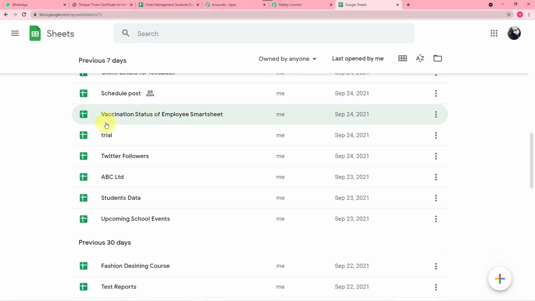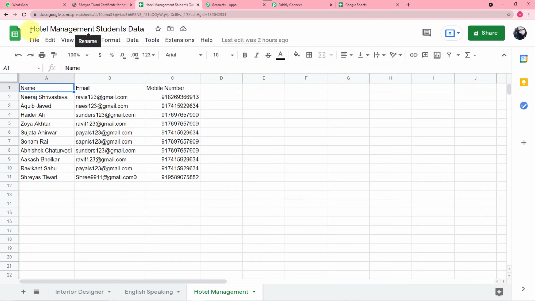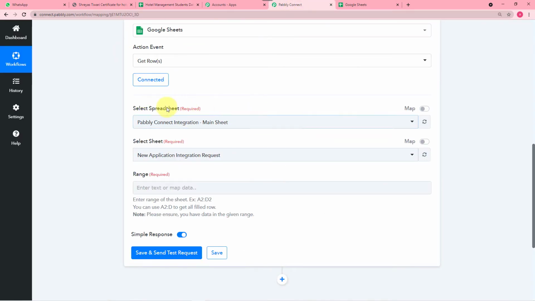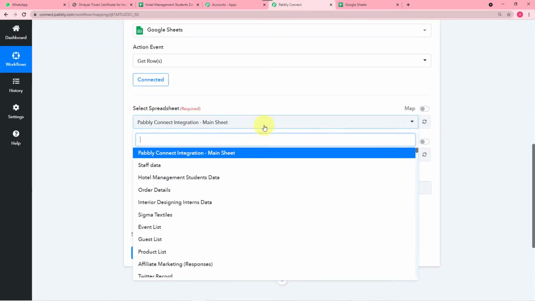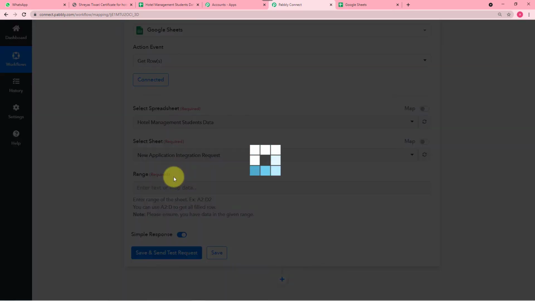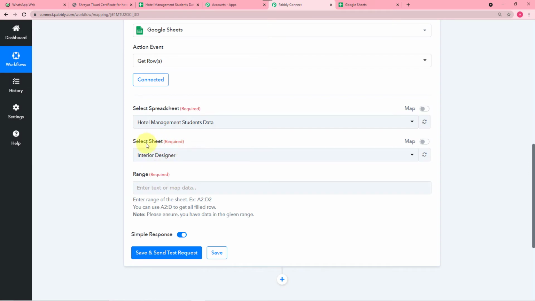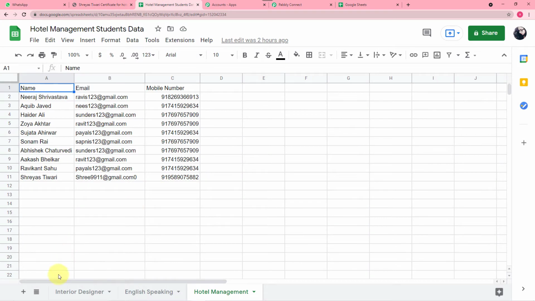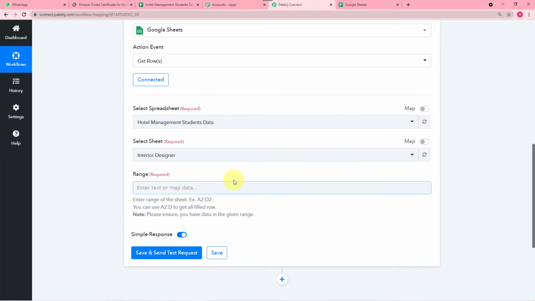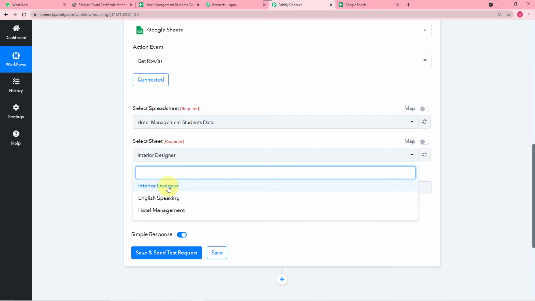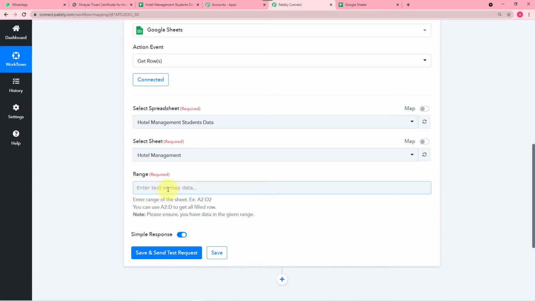All right. And the spreadsheet I am going to use here is this spreadsheet, and the name of the spreadsheet is Hotel Management Students Data. So you will find the spreadsheet here. When you click in this select spreadsheet field, you will find this spreadsheet here in this list. So just map it from here only. After this, it will ask for the select sheet of your spreadsheet. So we have 3 sheets here, and the sheet we are using is Hotel Management. So just select the name of the sheet from this list like this,